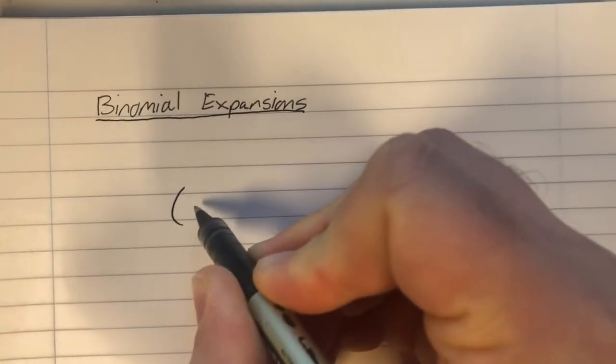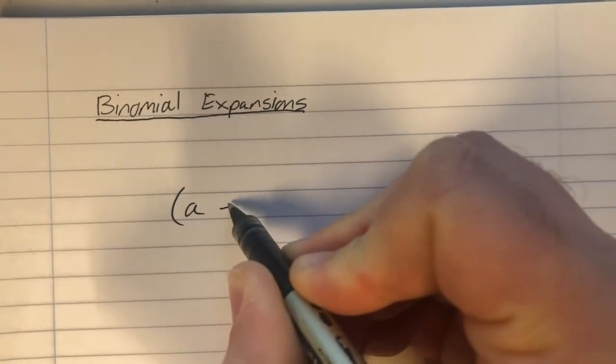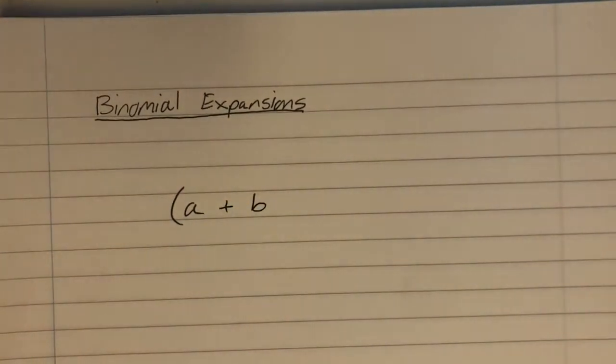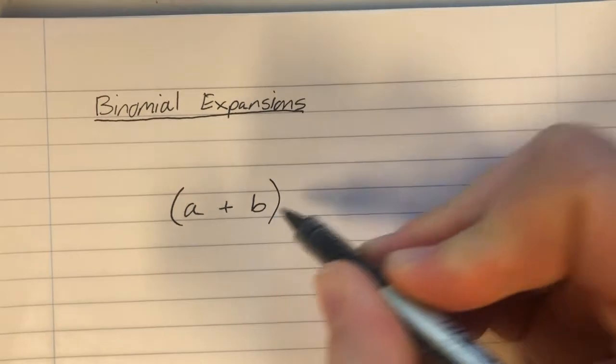Okay, this video is on binomial expansions. I'm just going to look at the year 12 binomial expansions, which is to a positive integer. So just to clarify what a binomial expansion is, a binomial expansion is expanding the brackets of the sum of two things. I'm going to just call it a plus b in this general case,